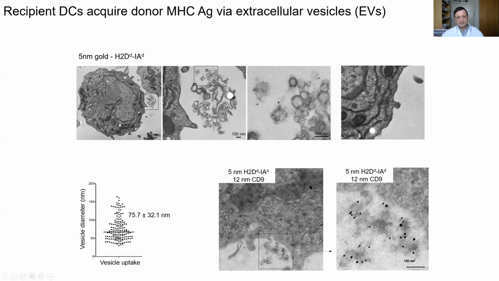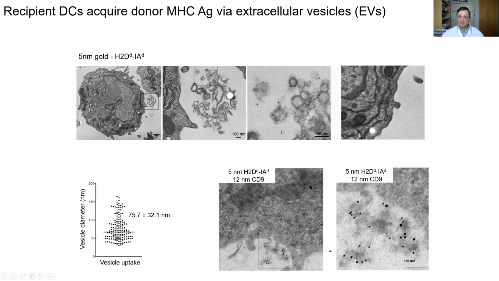Here you have an example. This is a recipient cell that, after a heart transplant, received a cluster of small vesicles that express the donor alloantigen that was labeled with gold. This technique is called immunoelectron microscopy. So we know that this is a mechanism of transfer of these vesicles between the